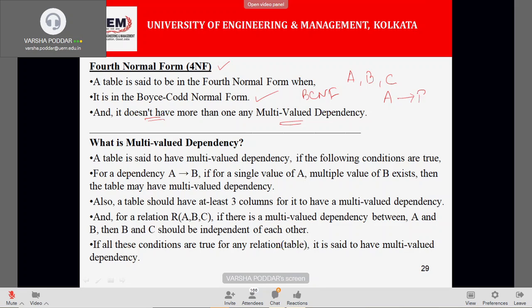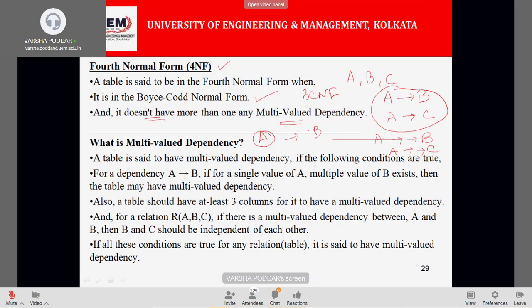A is determining B and A is determining C. If this is the case, then we call the scenario a multi-valued dependency and we represent that as A double arrow B and A double arrow C. So if a table has a multi-valued dependency, that means for a single value of A, there will be multiple values of B and multiple values of C existing in the table.